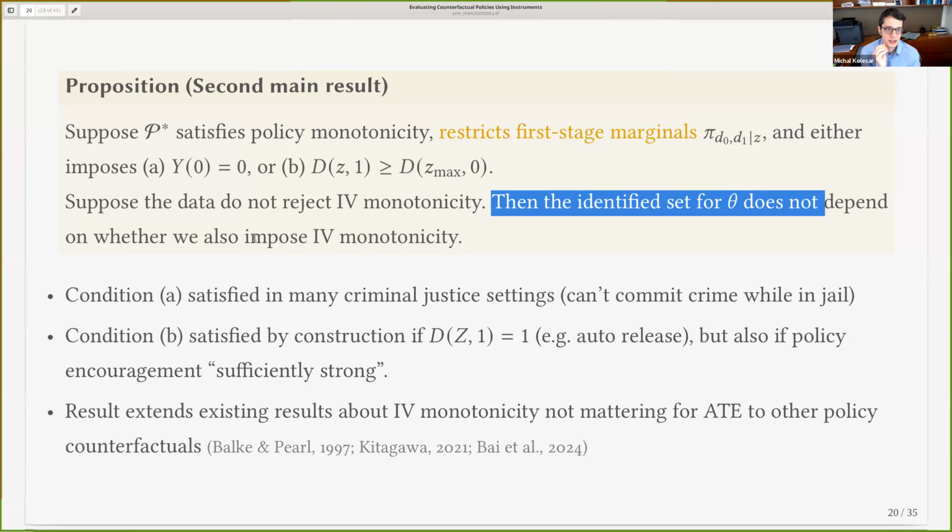And again, the difference between just IV monotonicity and policy invariance is that IV monotonicity doesn't restrict at all what happens under the counterfactual. It just restricts what happens to assignment under different judges, but they're all in the absence of the policy. With policy invariance, you're making these counterfactual restrictions. So for this particular policy, you're going to be point identified if the policy is that I'm going to ask everybody to release as many people as the most lenient judge. But that may be a bit too strong. You may not think that every judge is now going to be making the same decisions as the most lenient judge under the policy.